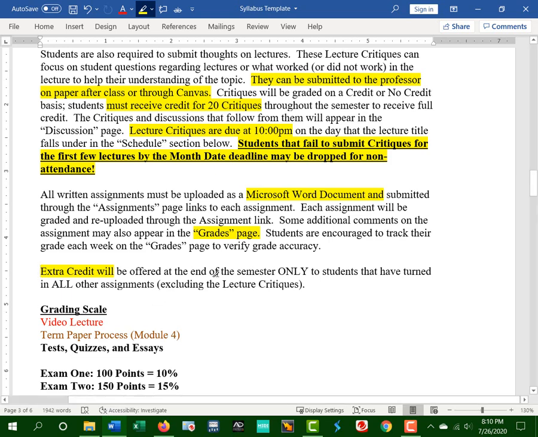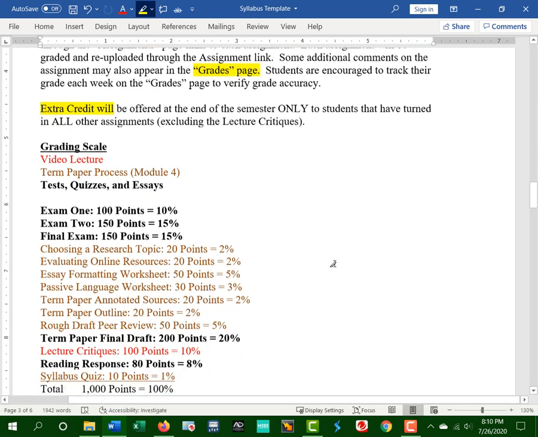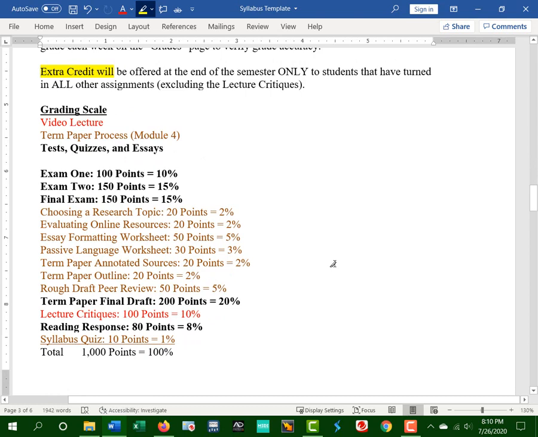All right, next section is the grading scale. And I do a lot of color coding from this point forward to differentiate the different areas and different types of assignments. So the first one is the video lectures. I always put those in red